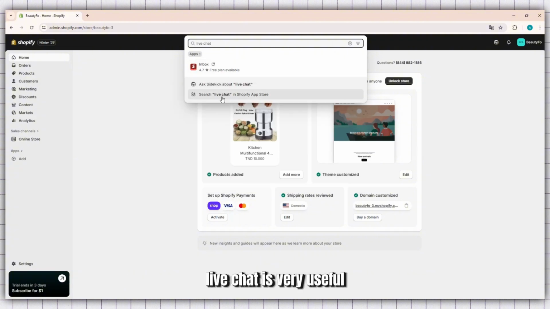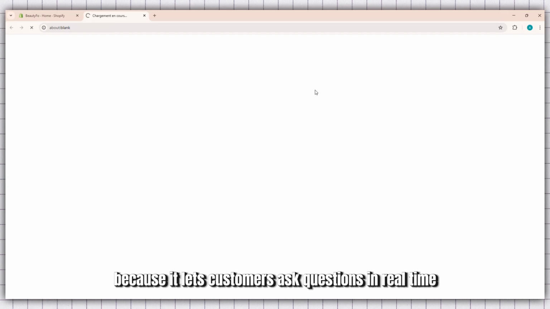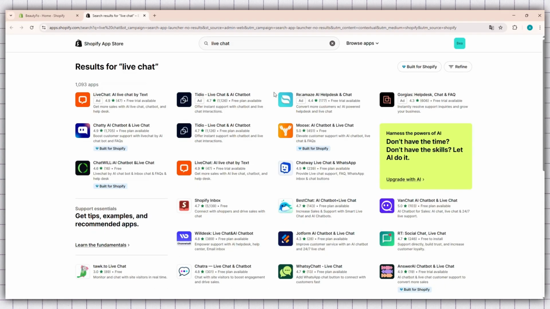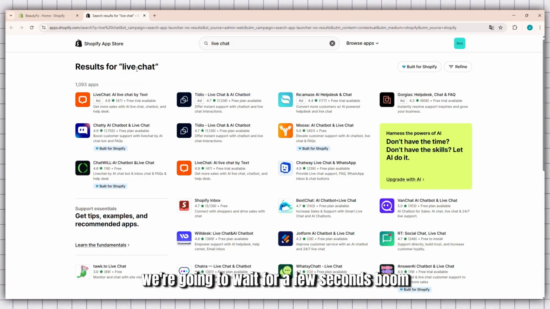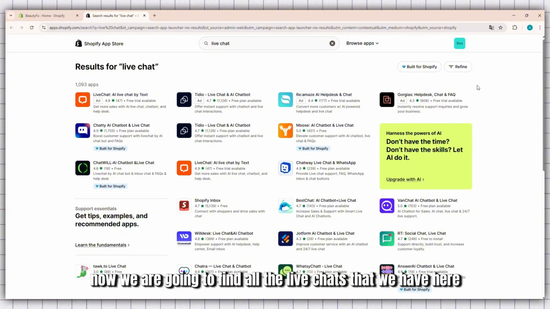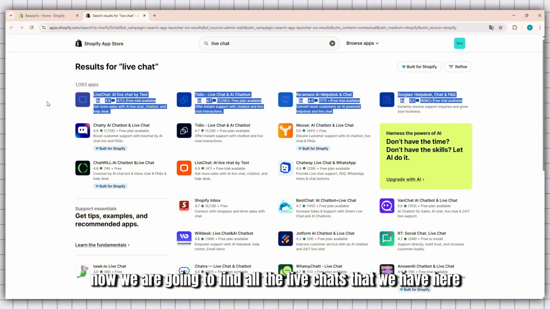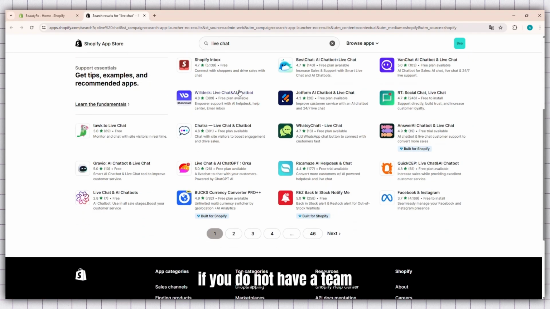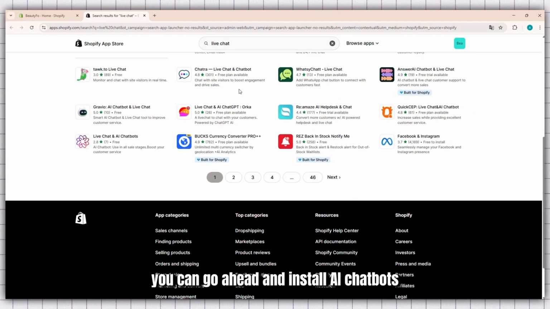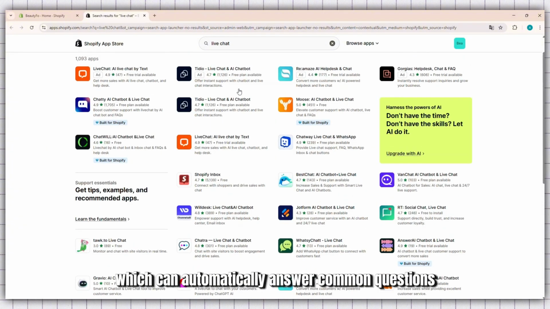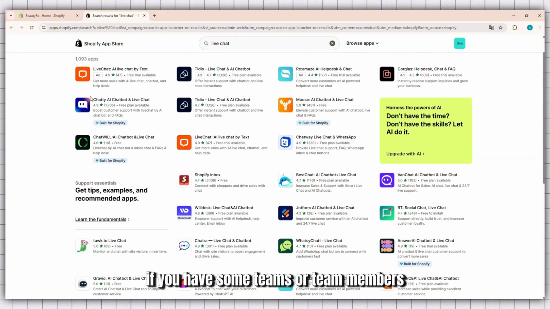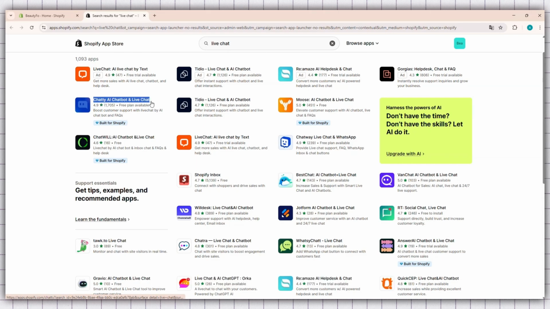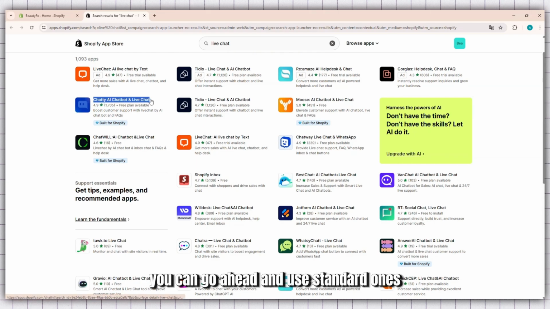Live chat is very useful because it lets customers ask questions in real time. We're going to wait for a few seconds. Boom. Now we are going to find all the live chats that we have here. You'll see many options available. If you do not have a team, you can go ahead and install AI chatbots, which can automatically answer common questions. If you have some team members, you can go ahead and use standard ones that allow human